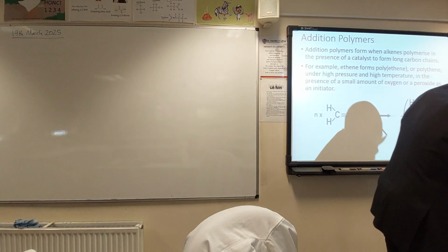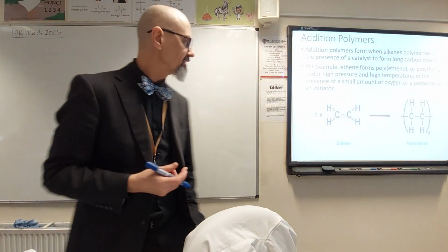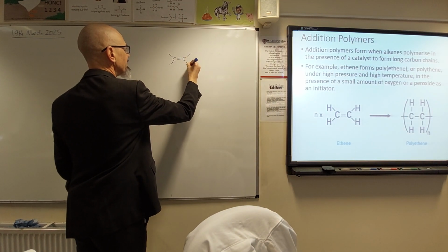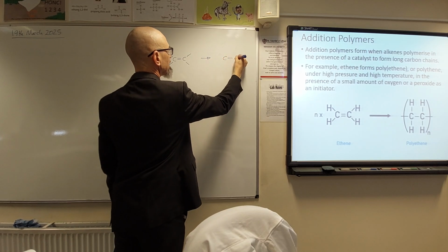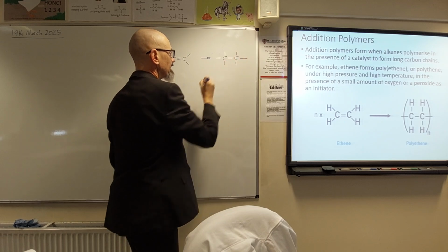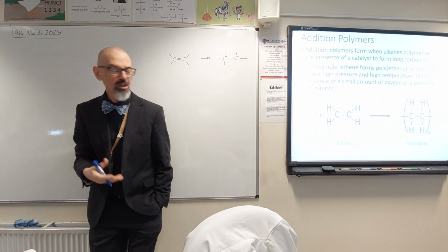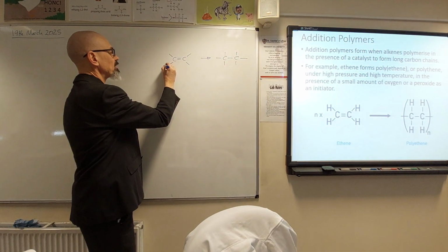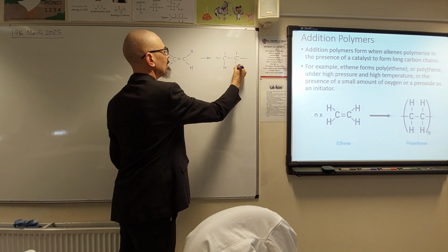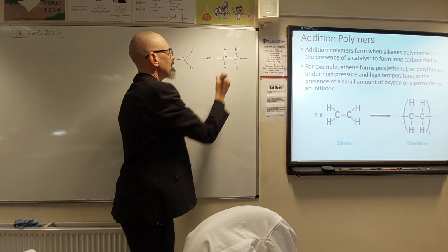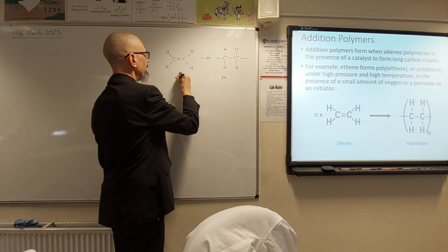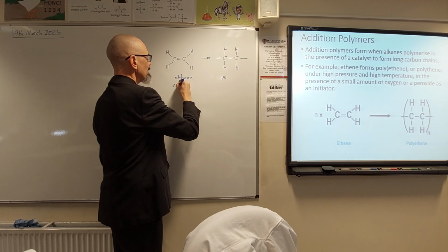You did addition polymers last year. The idea of an addition polymer is that the carbon-carbon double bond breaks and makes a single bond and two new bonds extending to the rest of the polymer chain. So the simplest possible polymer to make is polyethene or polythene. So if we have an ethene monomer,